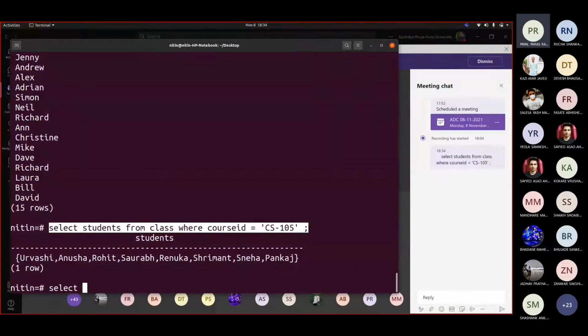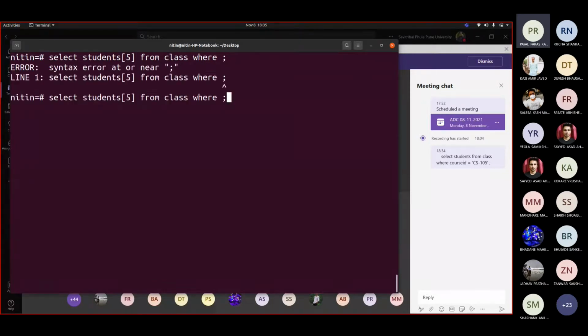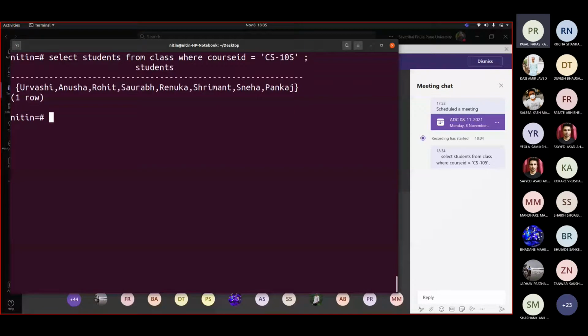Now select students 5 from class where course ID equal to CS-105.